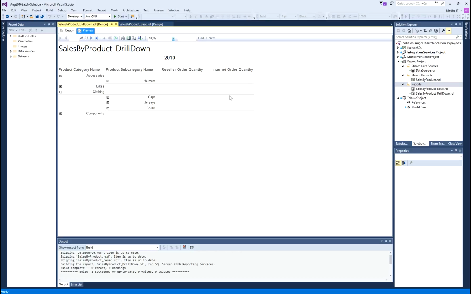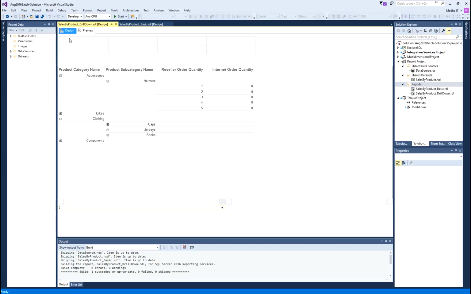But if you see this report at the top level or at the aggregated level, I don't see any metrics. I don't see any metrics at the aggregated level. I see metrics only at the lowest level, because I picked the stepped layout. Stepped layout is the layout where it does not show the numbers or it does not show the details at the aggregated level. Okay. So now if I want to edit this one, there are two options. Either I need to recreate the report with the other option, other layout, or I will try to edit the report using this design pane.